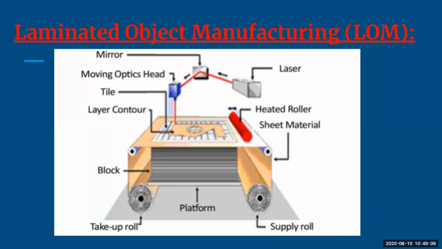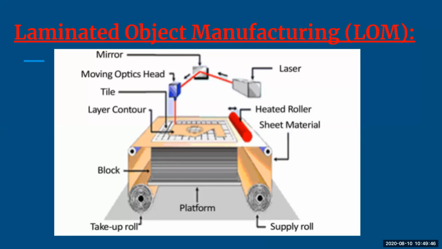So again, this is another type of 3D printing process. Here you are going to take layers of plastic or paper, and they are laminated together using heat and pressure. Then you cut them into the desired shape, whatever you want, with the help of your computer-controlled laser or blade. In this method, you can also produce full-color prints, depending on what type of laminated sheets you want. Mostly the laminated sheets used by everyone are white, so we less often go for colors, but you can if you want that.